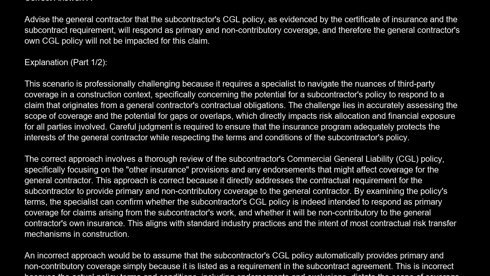The correct answer is A. Advise the general contractor that the subcontractor's CGL policy, as evidenced by the certificate of insurance and the subcontract requirement, will respond as primary and non-contributory coverage, and therefore the general contractor's own CGL policy will not be impacted for this claim. Explanation. This scenario is professionally challenging because it requires a specialist to navigate the nuances of third-party coverage